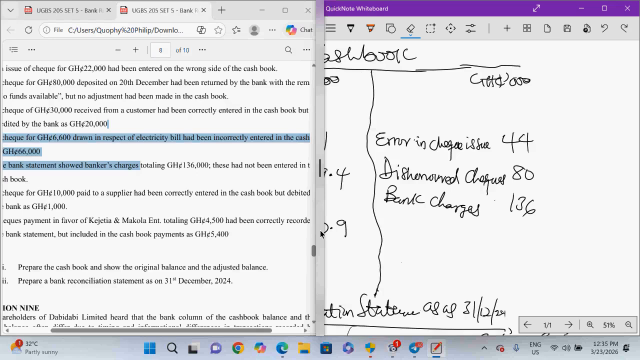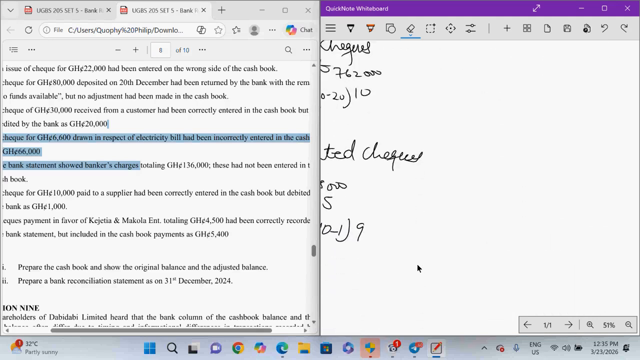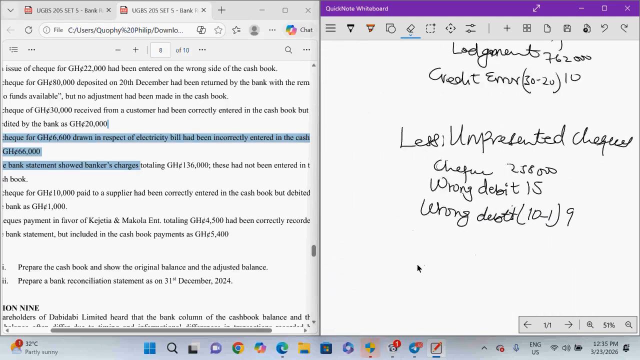Okay. So now, what do we do? Let's go and get a balance for the bank reconciliation. Sir, please, question. So when you find the difference in